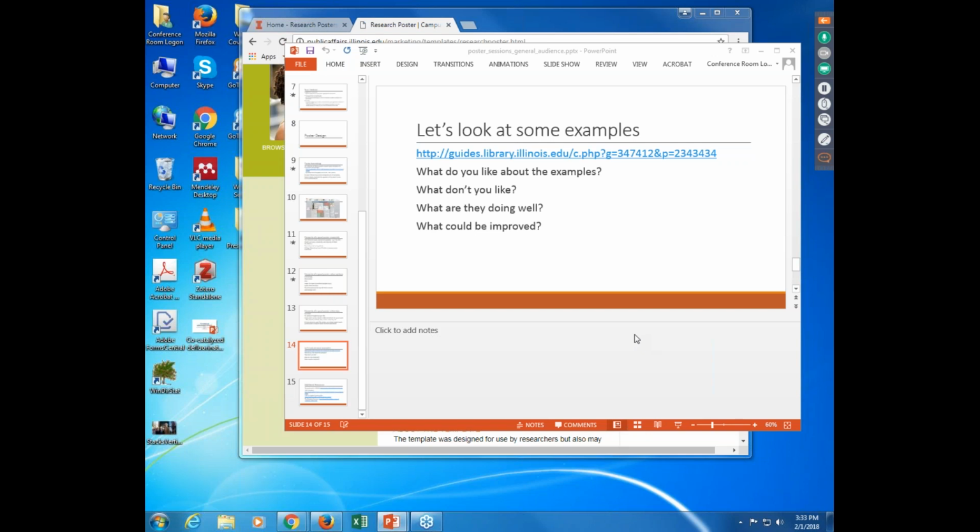Okay, that's fine. So basically what I generally spend the last bit doing here, I got through that a little bit quicker than I thought, is going and looking at some examples, because I think intuitively a lot of us, probably most of us or all of us, have an intuitive sense of, well, that's a good poster, that's a needs improvement poster. But I think it could help to look at some examples of posters and say, okay, I like that one, but what is it that I like about that one? What are the elements of that poster that make it effective? So that then you could identify those and think about how to incorporate them into your own work.